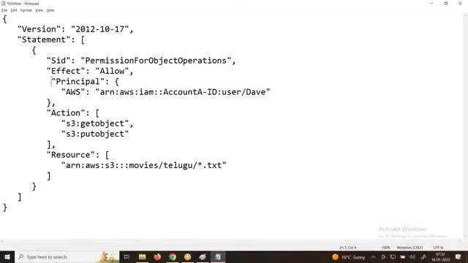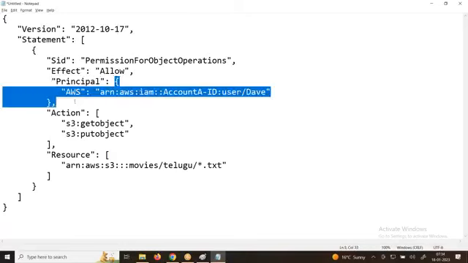I'll provide Dikshit, and he will have access with the permissions get object, put object on which bucket? The movies bucket, Telugu folder, txt file. He will have access on this. You can also do like this.